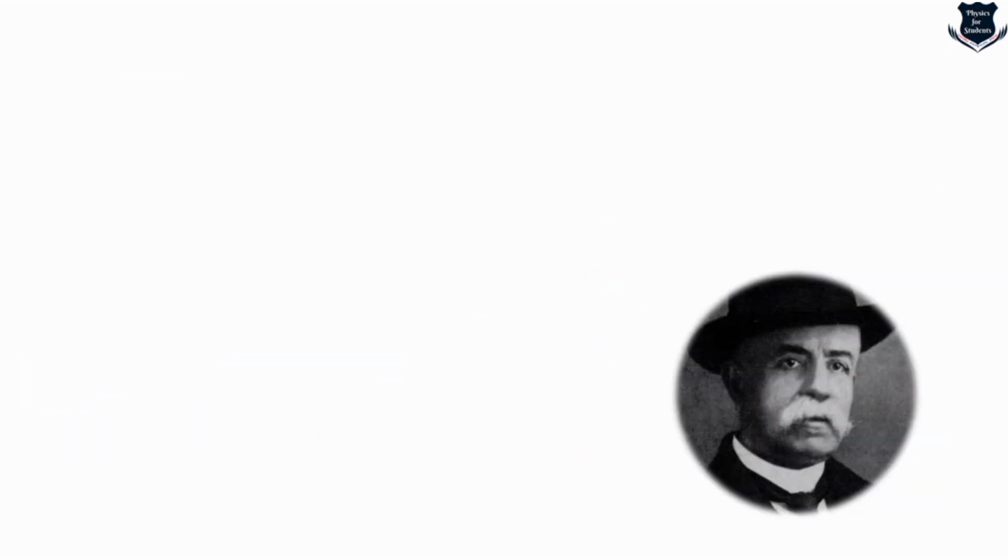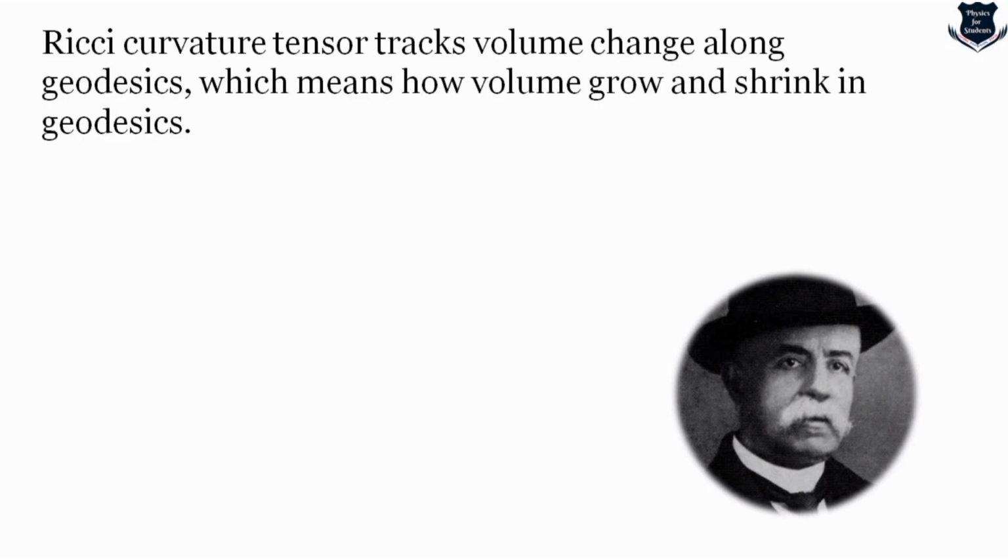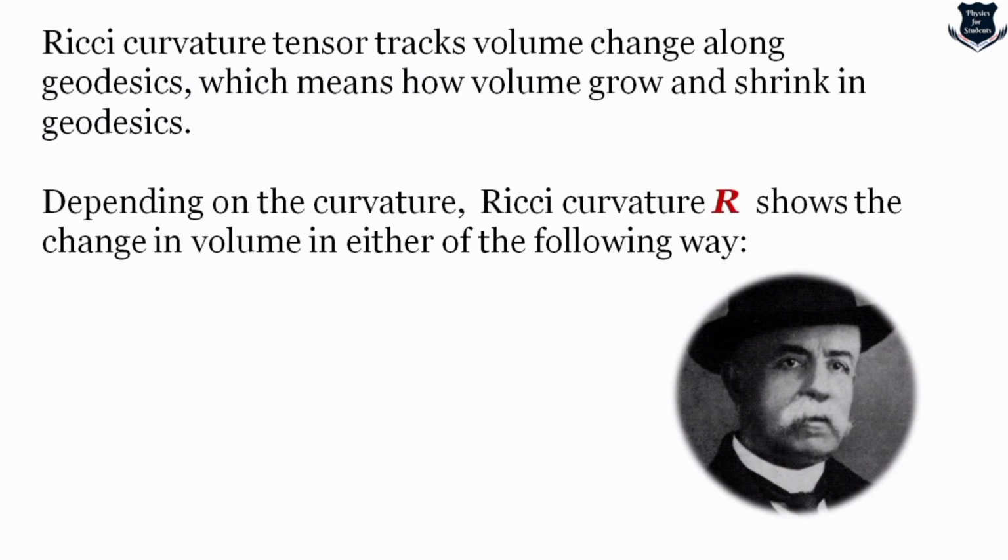Here is the Italian famous mathematician Gregorio Ricci curvature, and Ricci curvature tracks down volume change along a geodesic, which means how volume grows and shrinks. We will soon see how. Depending on the curvature, Ricci curvature R shows the change in volume in one of the following ways. It can be static, that is, there is no volume change. It can be growing, that is the volume is growing, and it can be decreasing, that is it's shrinking in